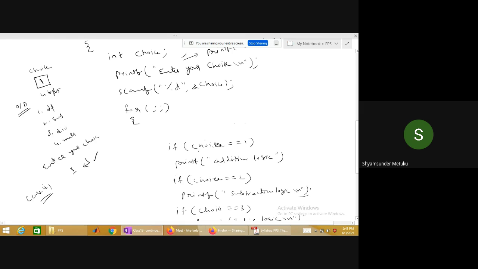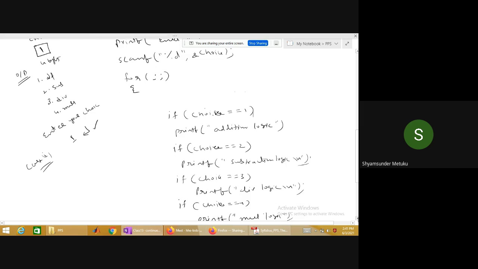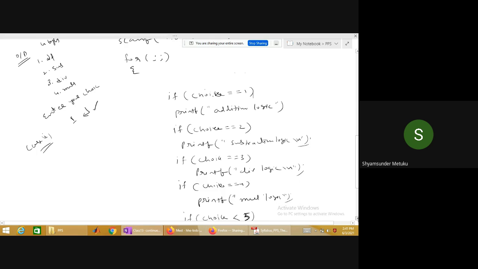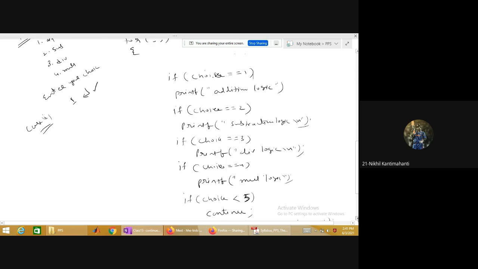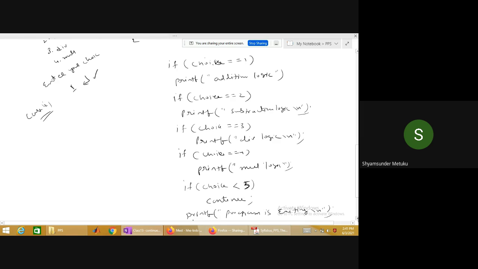True, sir. So for addition logic, instead of printf you can write, by replacing this printf statement, c is equal to a plus b by initializing some values, or you read a and b as inputs again, then c equal to a plus b, then you print the result. Anything you can do. So I'm not writing simply addition logic. What about the second if condition? Will it be true or false? False. So the second printf will not get executed.